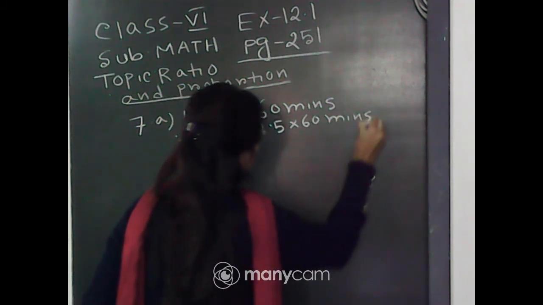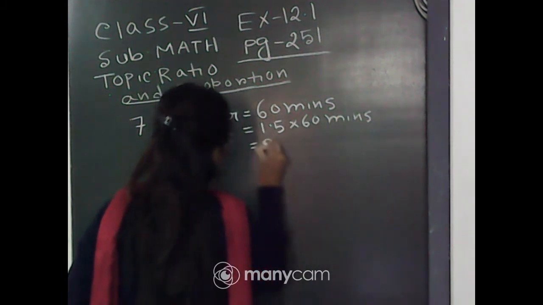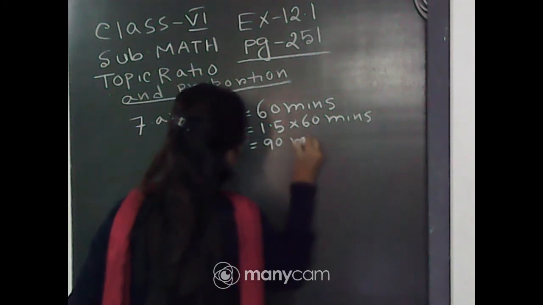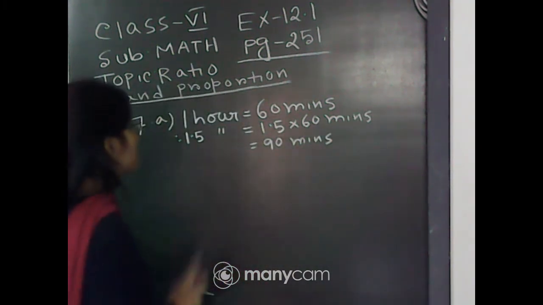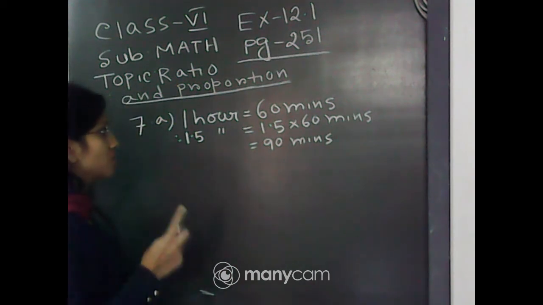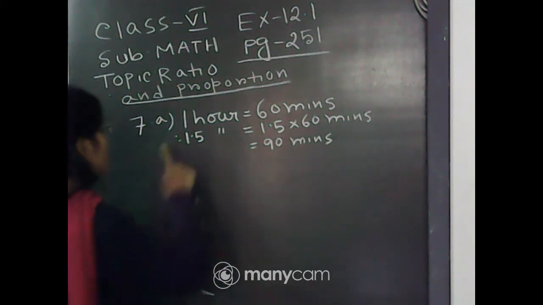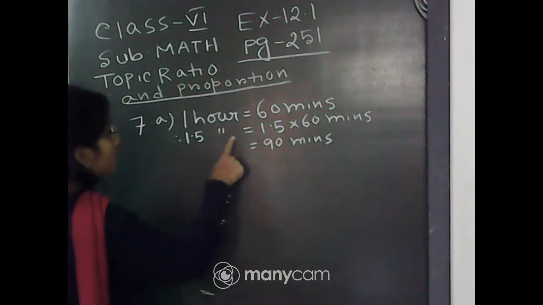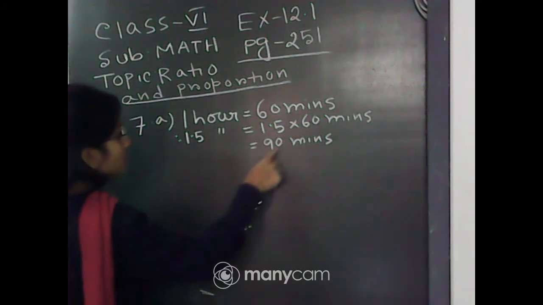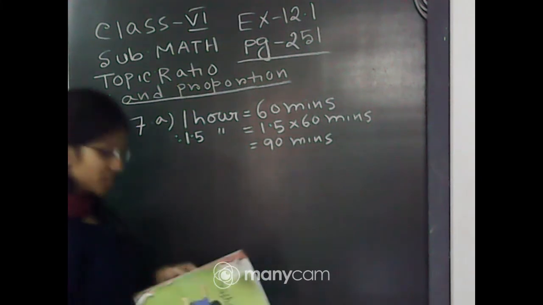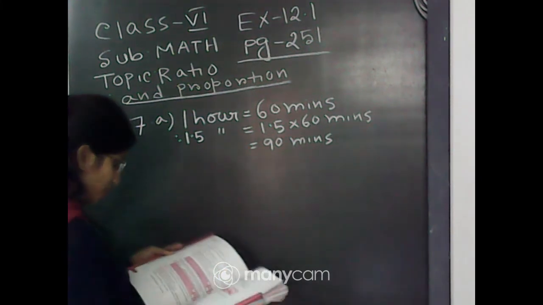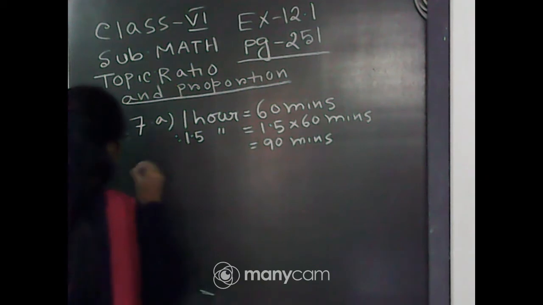We use unitary method, and this is equal to 90 minutes. Since 1 hour is equal to 60 minutes, therefore 1.5 hours is equal to 90 minutes. We get by using unitary method, and therefore the required ratio,